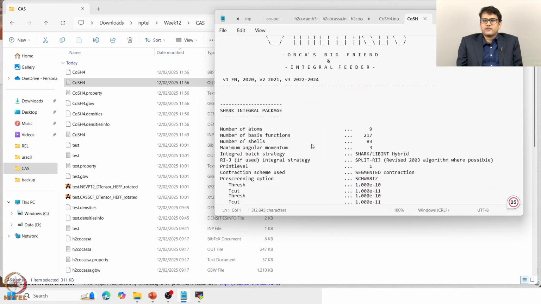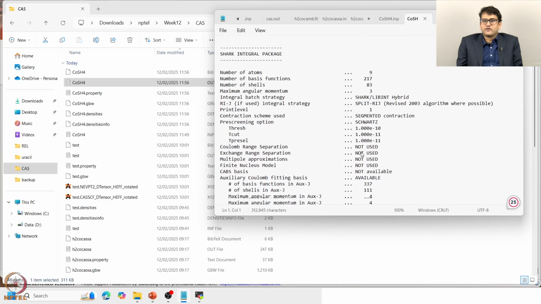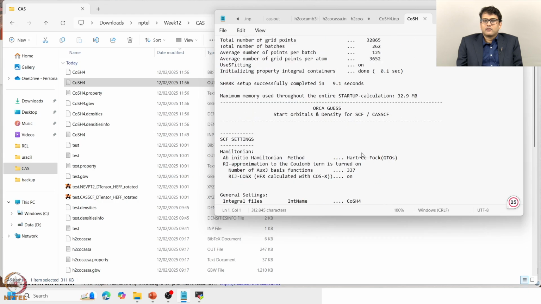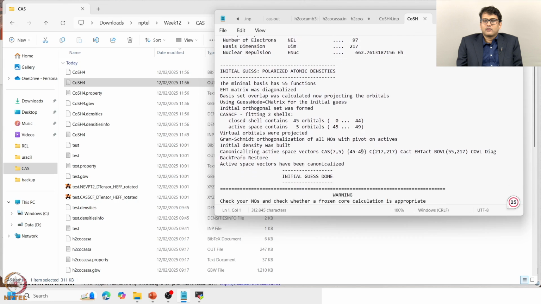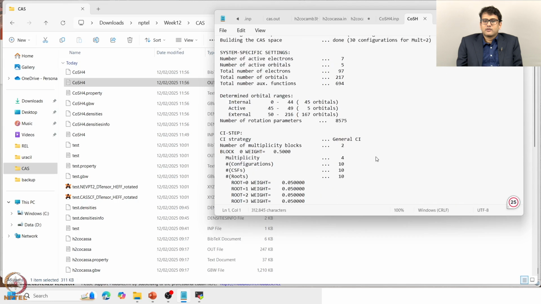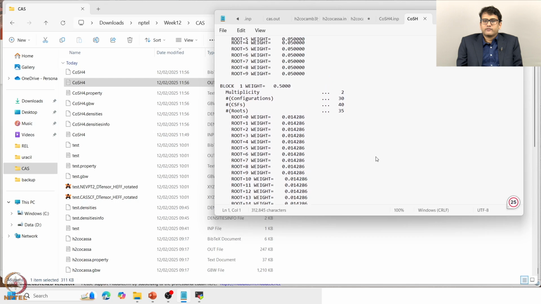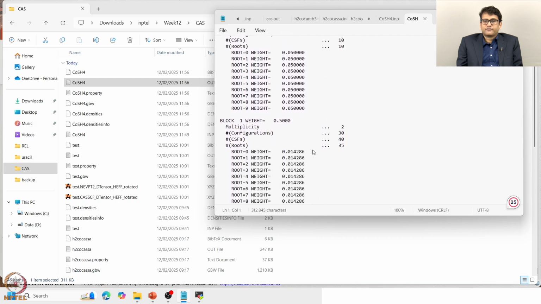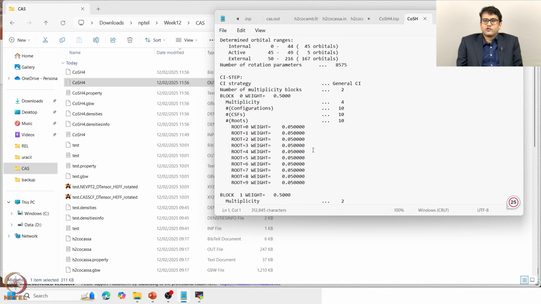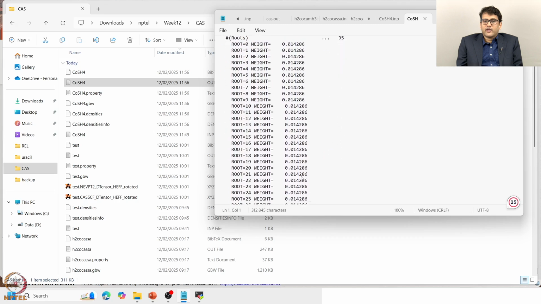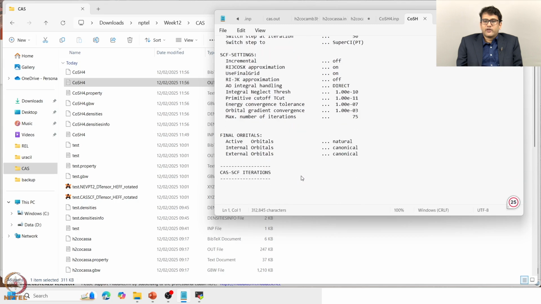It will give you the basis set information, number of basis functions, number of shells, and then it says the active space. Now you see there are two blocks, block 0 and block 1. In one case the multiplicity is 4, in the other the multiplicity is 2, doublet and quartet,